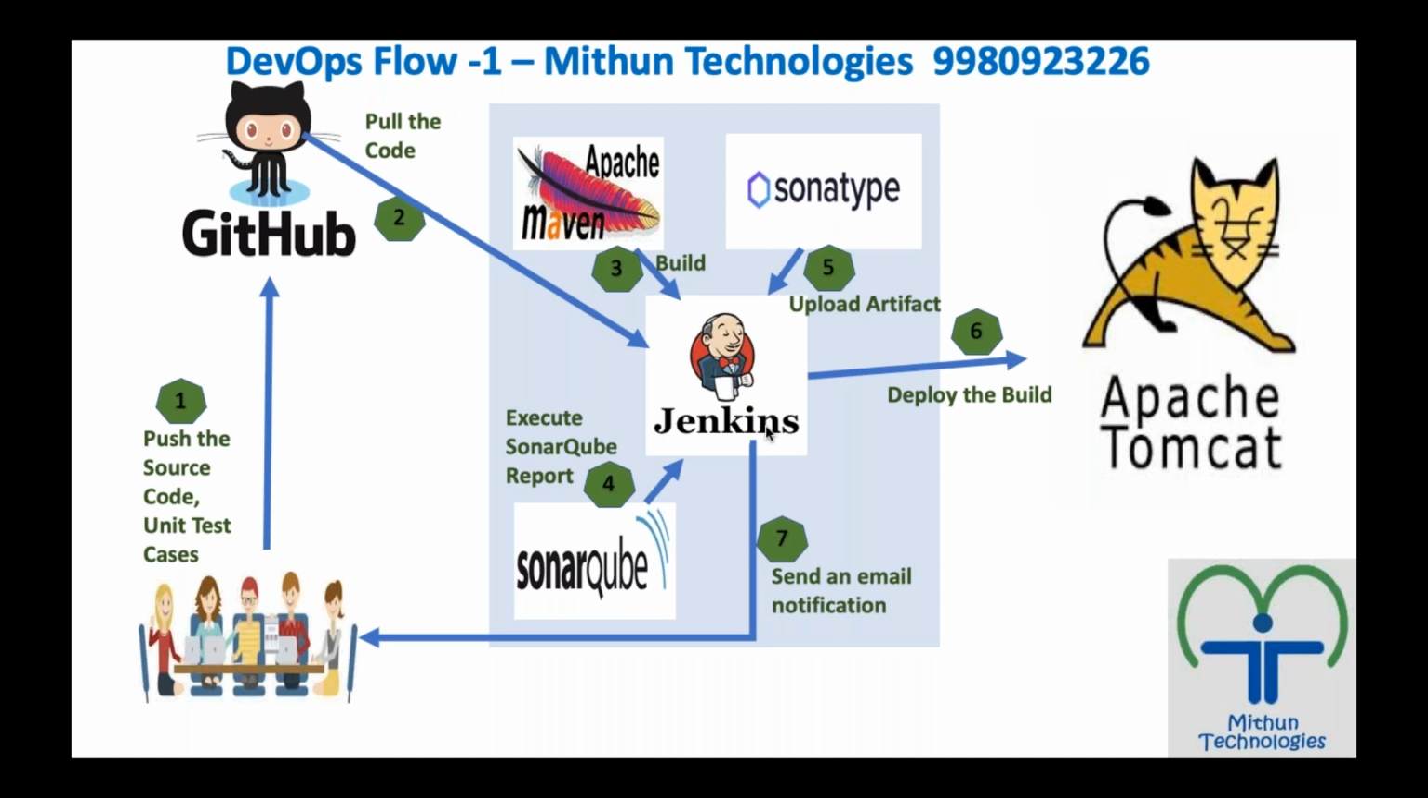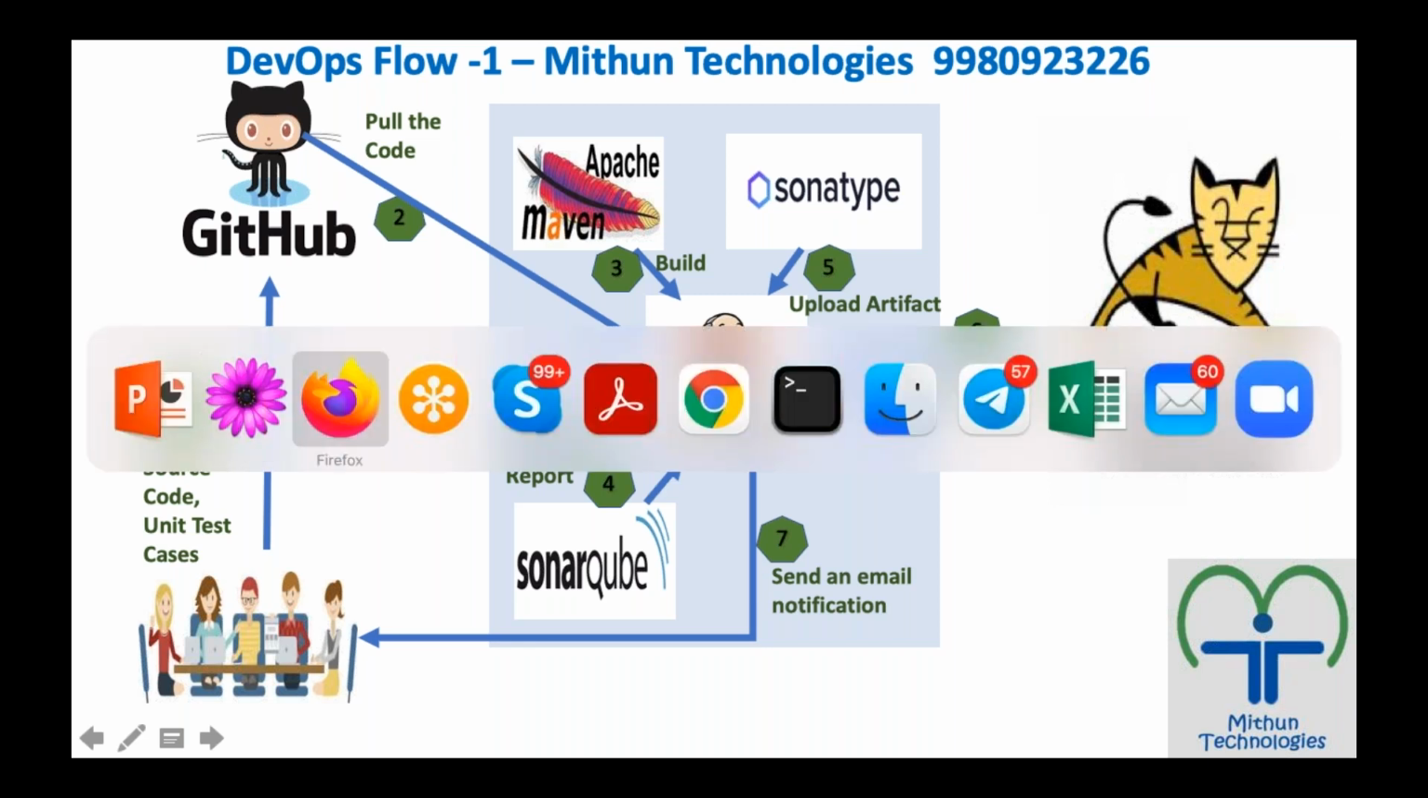Okay. So build periodically is kind of a cron job only. Yes or no? Whatever the time interval you have configured, at that particular time, it is going to be triggered. So next one is